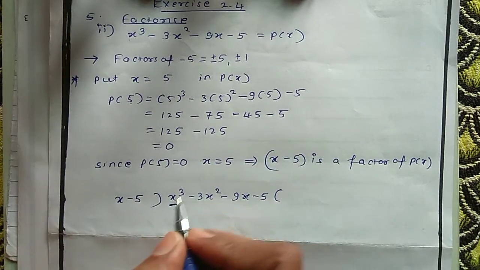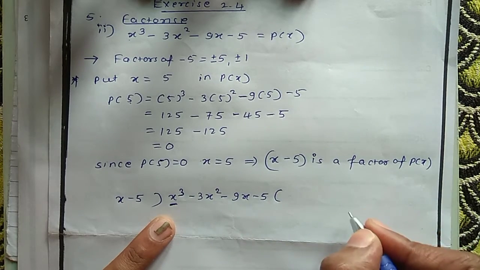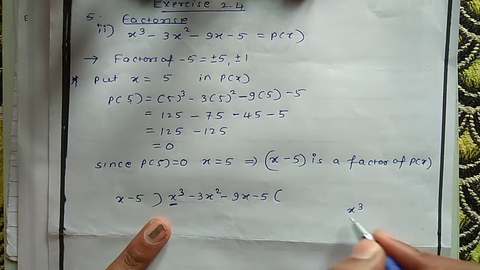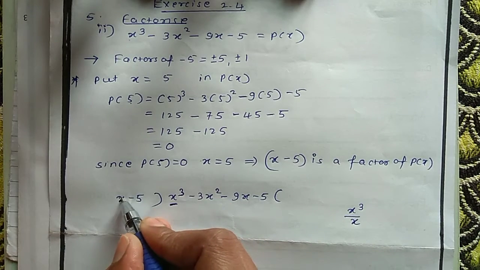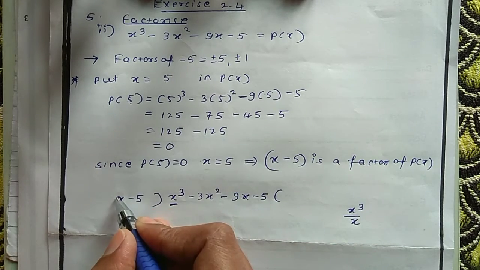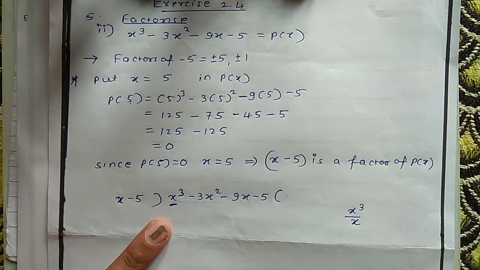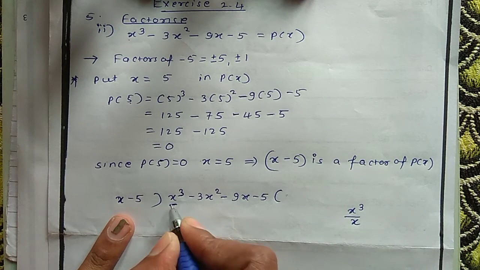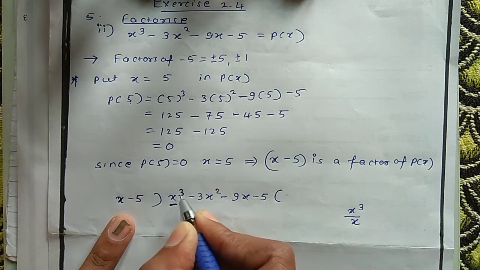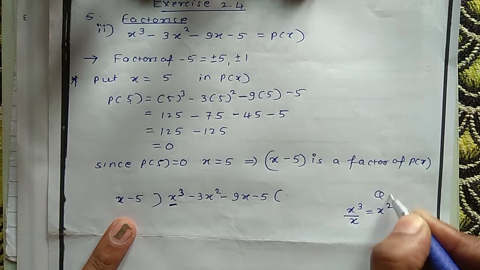Now you have to try to eliminate this x cube, which is the highest power. So x cube divided by x you have to do, because using this divisor x we should get the suitable quotient. If you multiply the quotient and divisor, we should get the dividend term, as we do in normal division. No need to think, because usually we know the tables of numbers, but these are algebraic terms. So just take the dividend term which you have to eliminate and divide with x. So x square will remain. This is the quotient term.